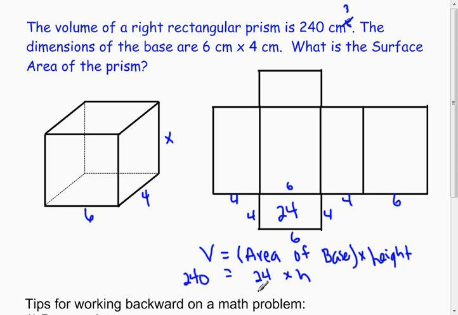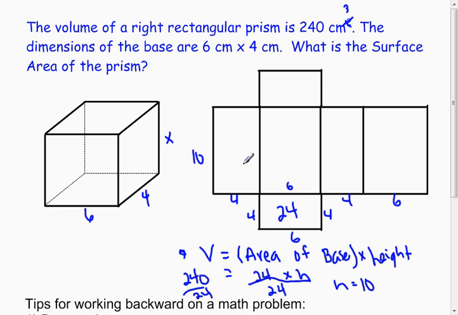So to figure out the height, I'm going to divide, because we're multiplying, and the opposite of multiplying is divide. We'll divide by 24. I'm running out of room here. 240 divided by 24 is 10. So I wrote down the formula of what I knew. I plugged in what I knew. I knew the volume and I knew the area of the base, so I figured that out. Now I figured out the height,